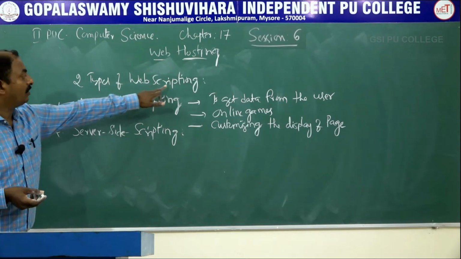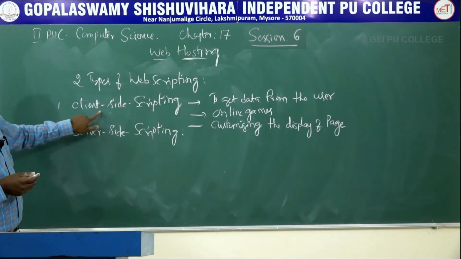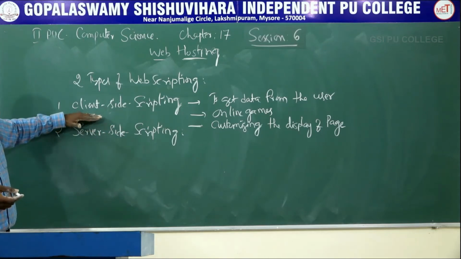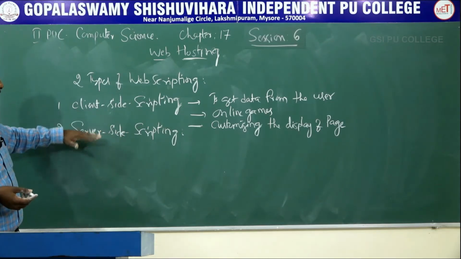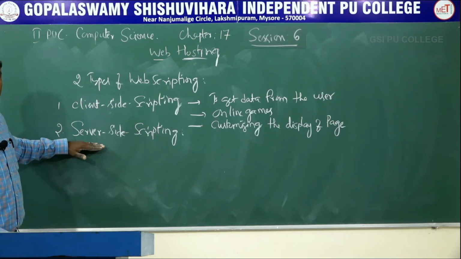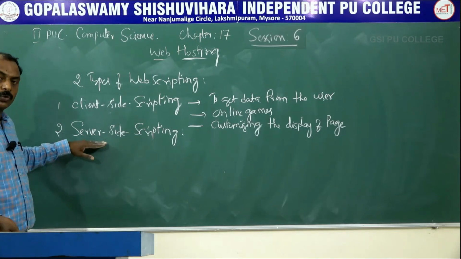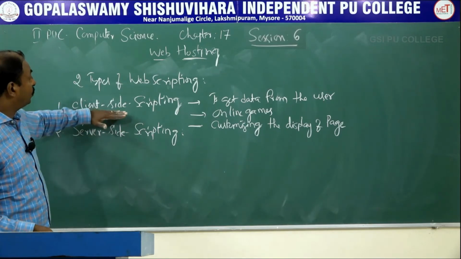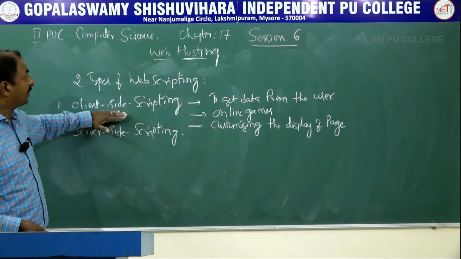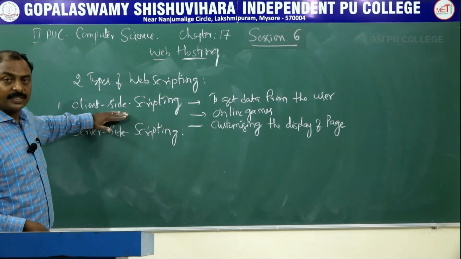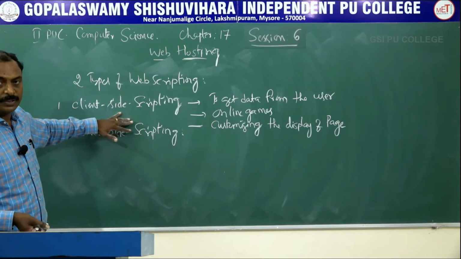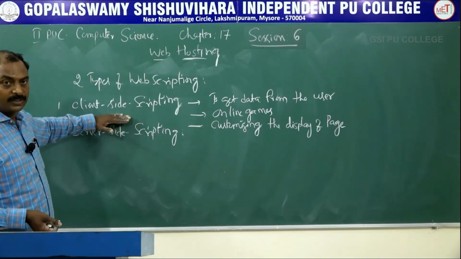Here there are two types of web scripting. One is client side web scripting. At this moment you know the difference between client as well as server. Server is a place, or a system, wherever all these resources are stored or available. So who are called the clients? Clients are nothing but the users. In this example, the web browser is a client. The user will access the web server's detailed information through the web browser. That is a web client.